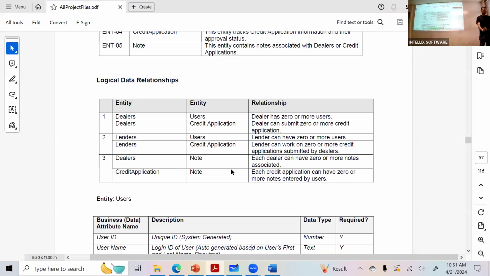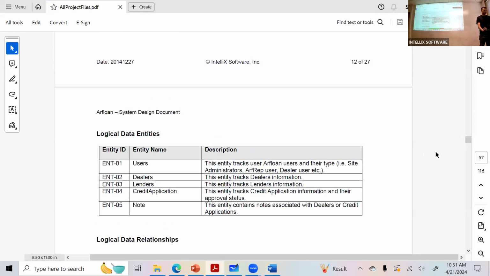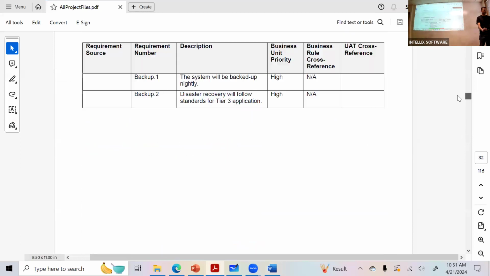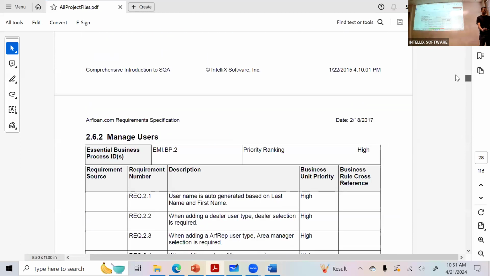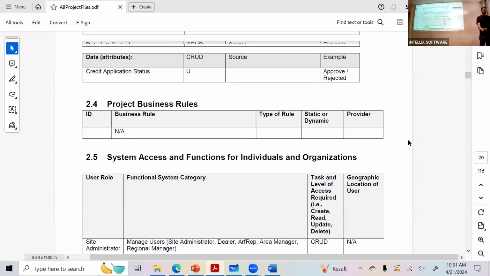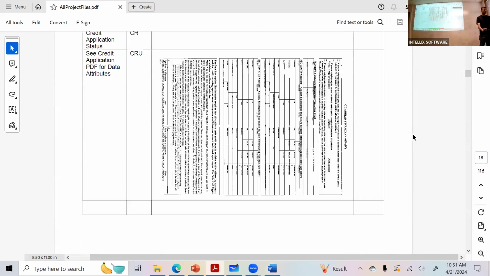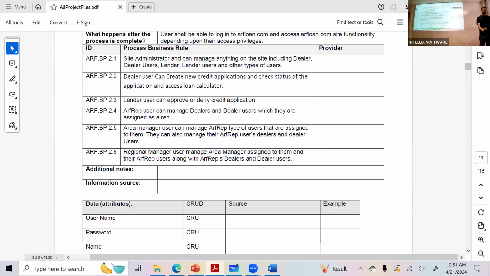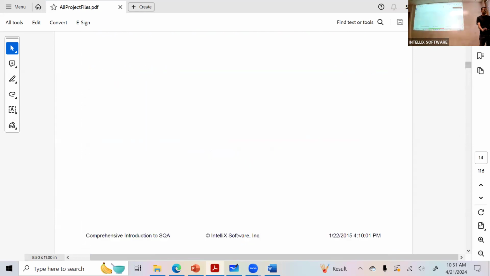So there is a business process section, right? Where would you find it? If you read the document, then you should easily find it. Which document is it in? Is it in the system specification, design document, or test plan? Where do you find the process?